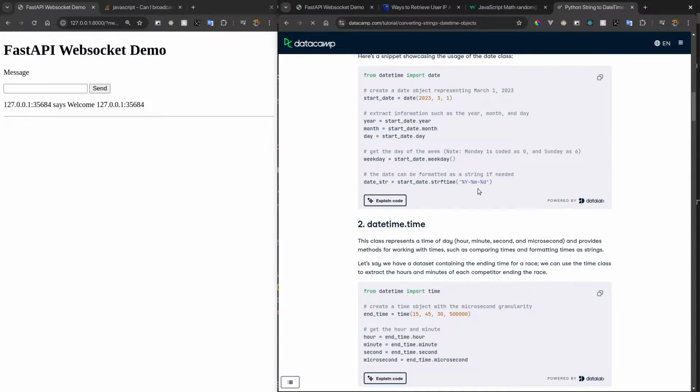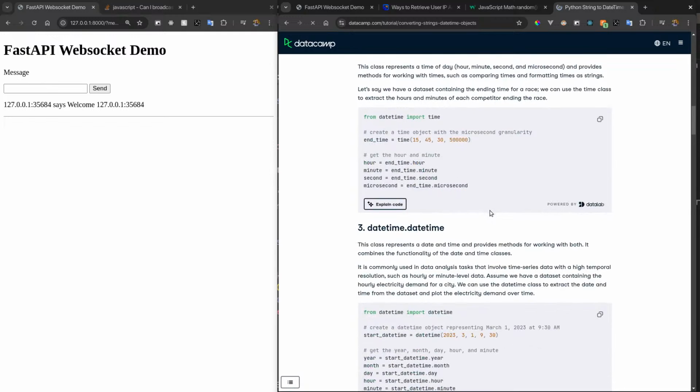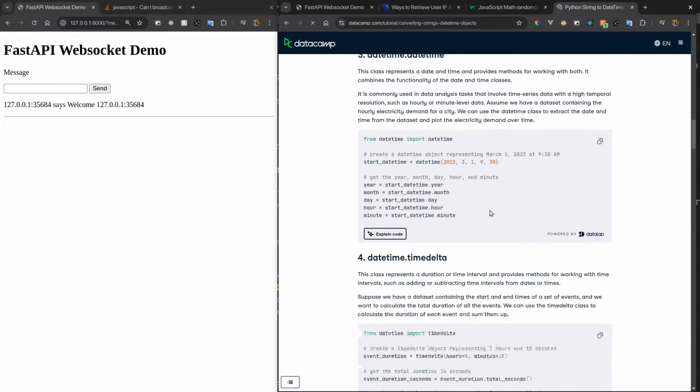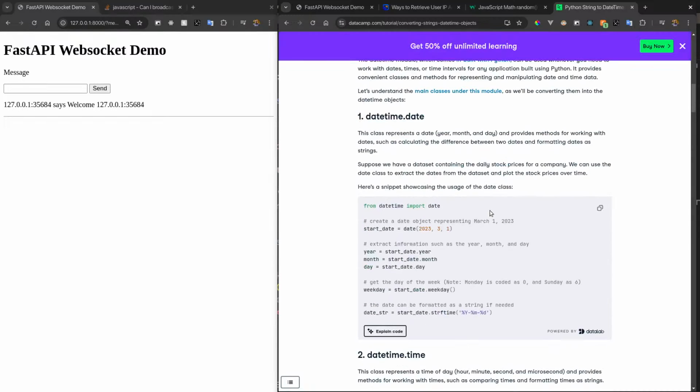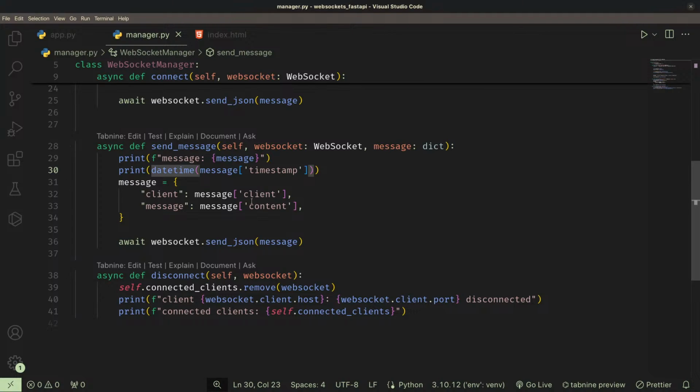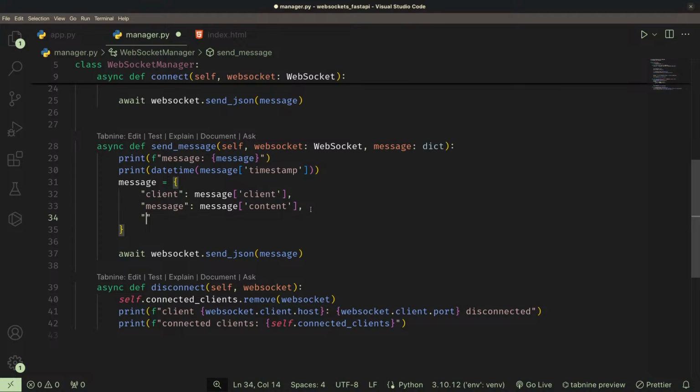Okay, that is if it's a datetime object. What I want is to get, anyway, what I'm going to do is to just leave it at this, and I'll send the timestamp exactly how